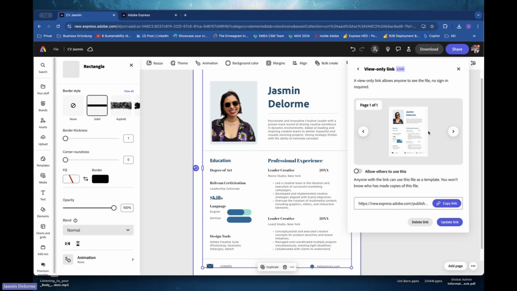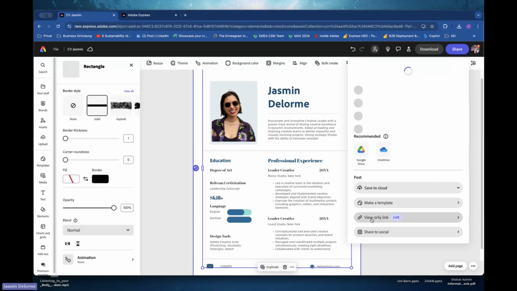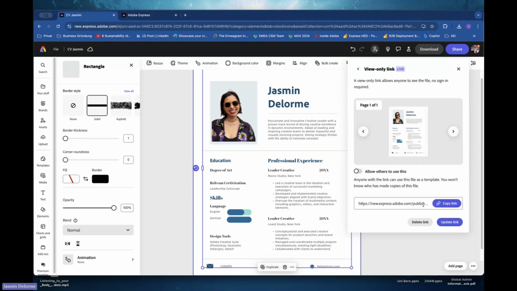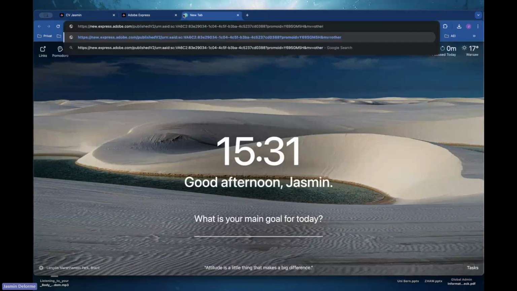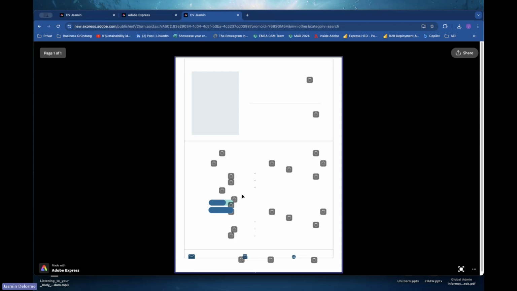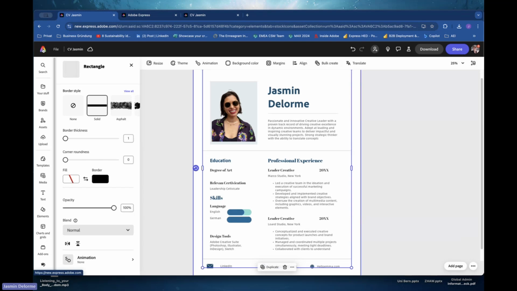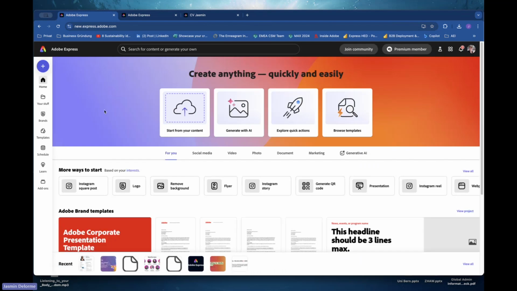As you can see now, I just wanted to highlight that you have a link available here. I can even close it, go back to share, and you see the view only link. I copy the link, open a new tab, and add it in. In a second, you should see the CV as we just created it, which I find really nice, because as I just said,